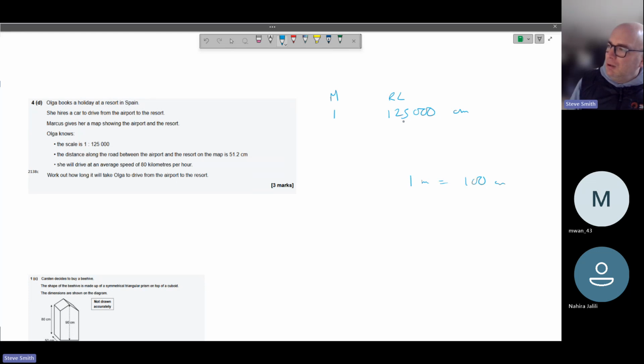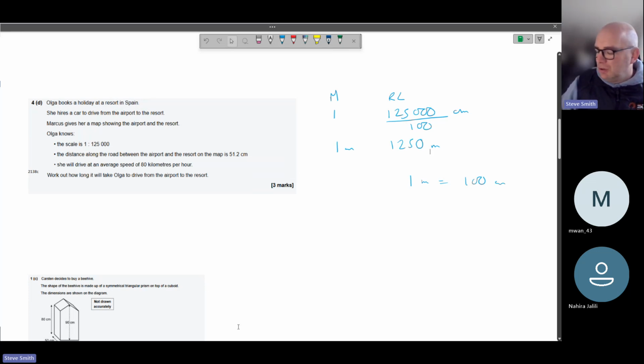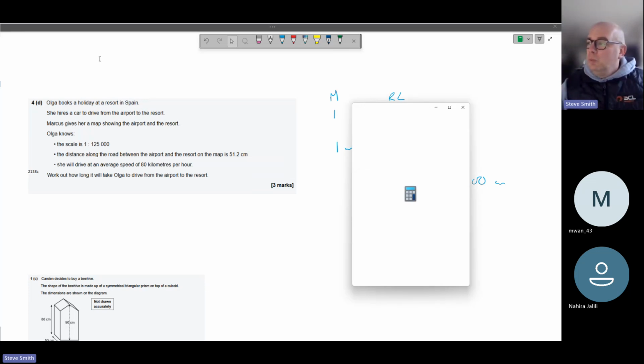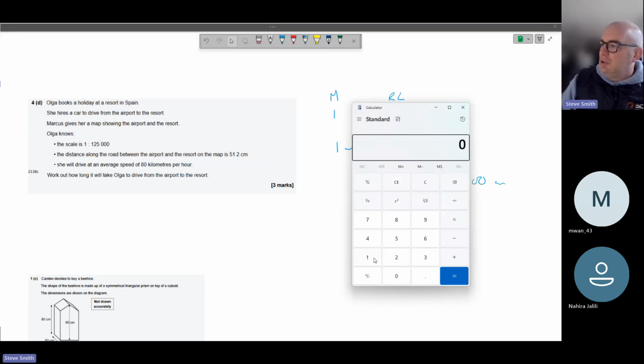So if we divide that number by 100, and we can use a calculator, we're then going to get 1 centimeter on the map equals 1250 meters. And the reason it's like that is because if I was to show you on, oh, where's my calculator gone? Maybe I didn't open it. I thought I opened my calculator. I'll open it now. When you're dividing by 100, we just literally take 2 zeros off the end, especially when it ends in all those zeros. So we've just literally divided it by 100. So we've taken off 2 zeros. There we go,